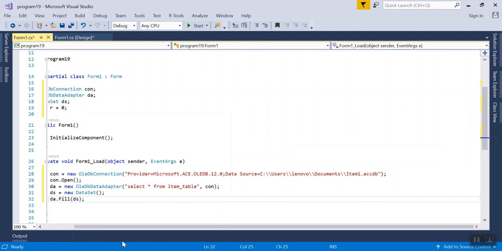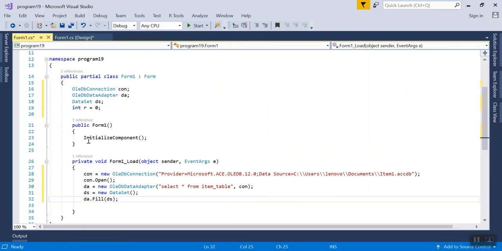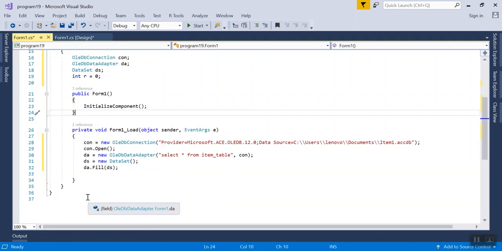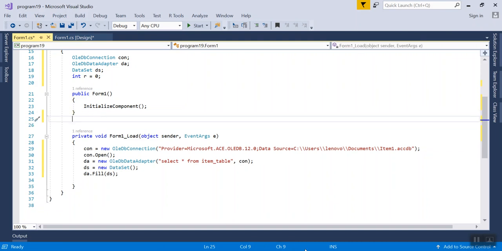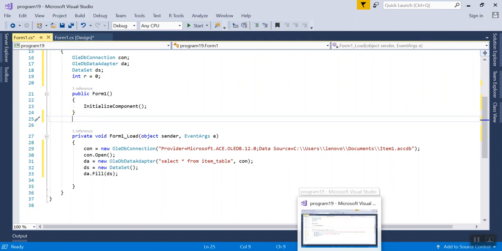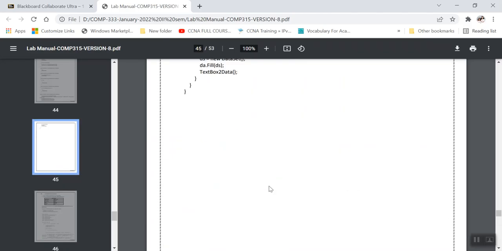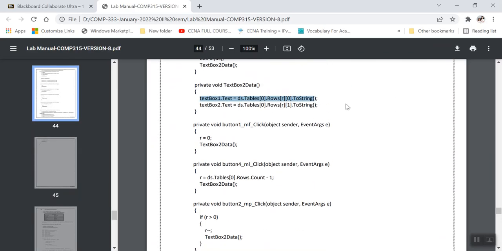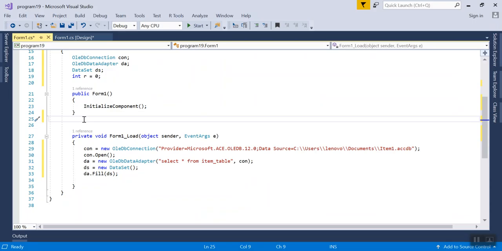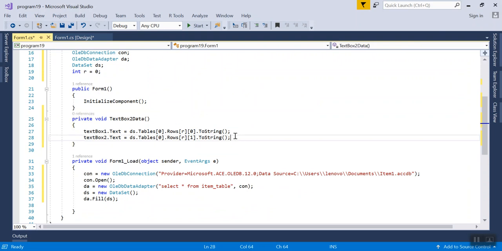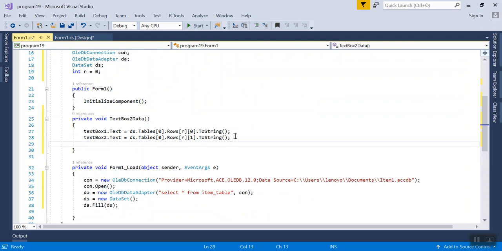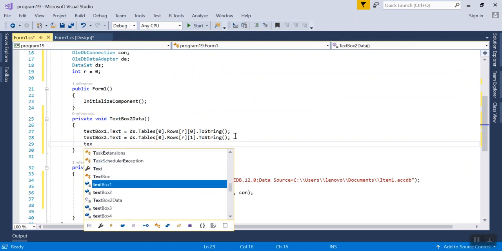Then before that you have to remember, you have to create, you have to call that what, a text box, no? So I am copying the same thing. So here how many text boxes are available? 5 text boxes. Okay, text box